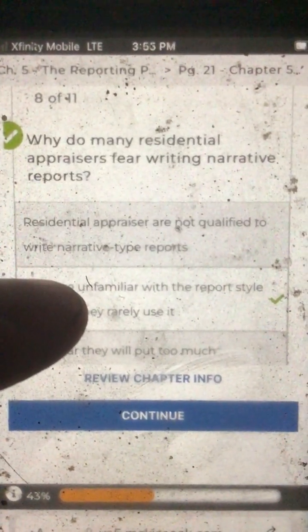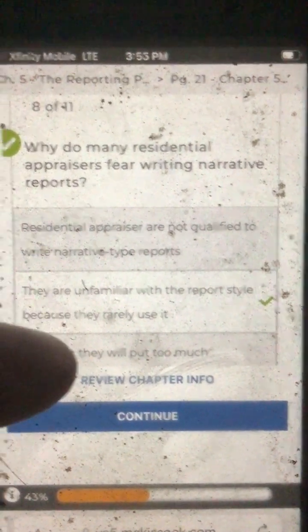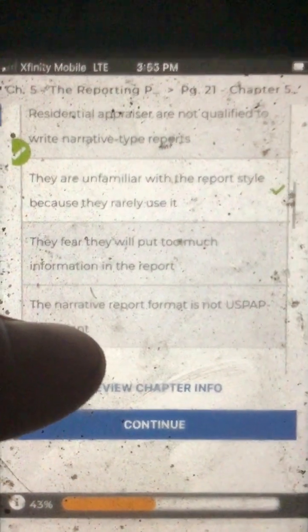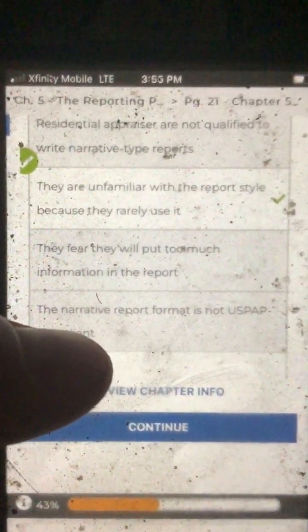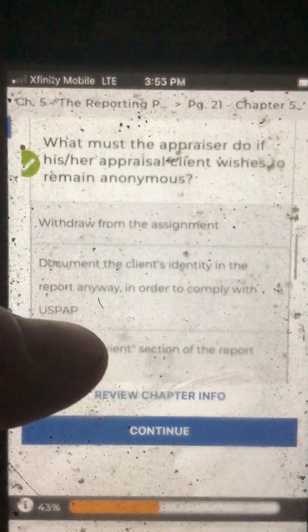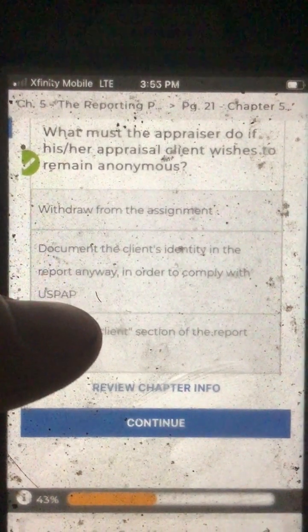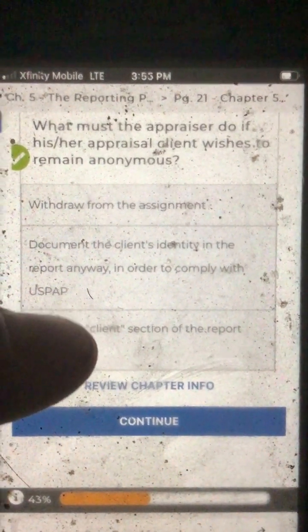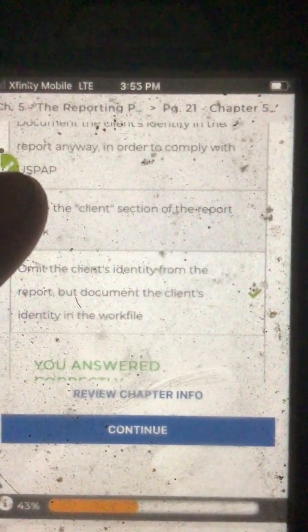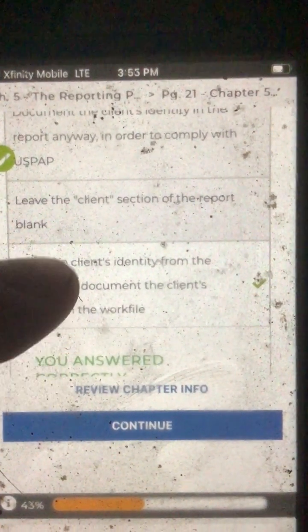Number 8, why do so many residential appraisers fear writing narrative reports? You said they are unfamiliar with the report style because they rarely use it, and that was correct. Number 9, what must the appraiser do if his appraisal client wishes to remain anonymous? You said omit the client's identity from the report, but document the client's identity in the work file, and that